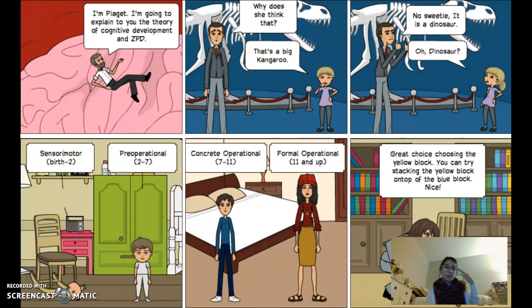Hi, so I'm going to explain a little bit about my comic strip and how I interpreted cognitive development theory and zone of proximal development. So first, right here, if you can see my cursor, it's the first panel, and it's Piaget on the brain, and he's saying,